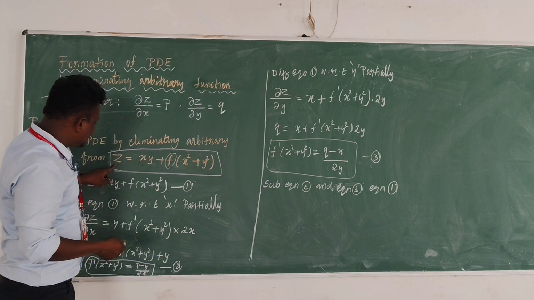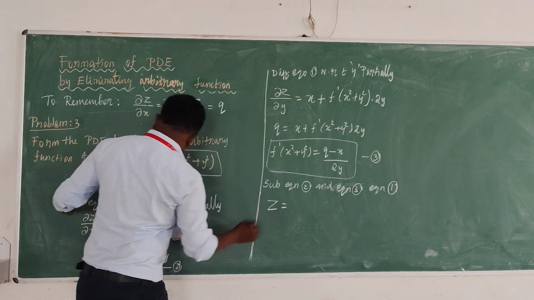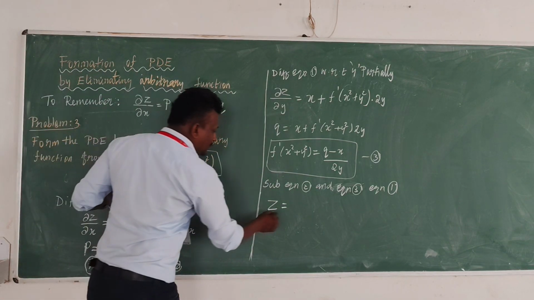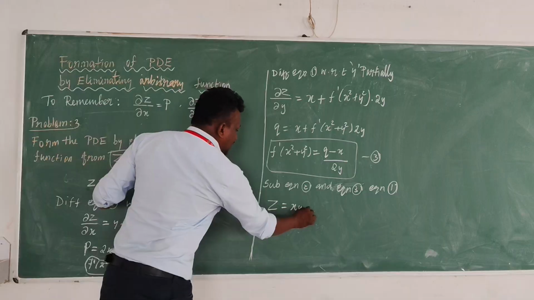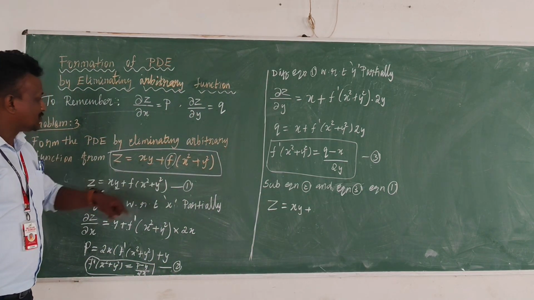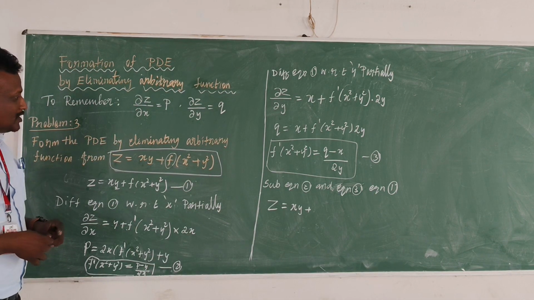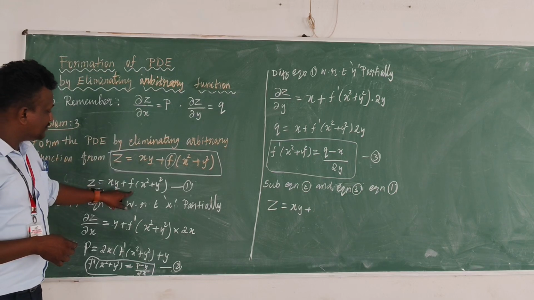What is equation 1? This is equation 1. So it is z is equal to xy plus f of x square plus y square, right? So that you need to find out, understand? So to find that, it means